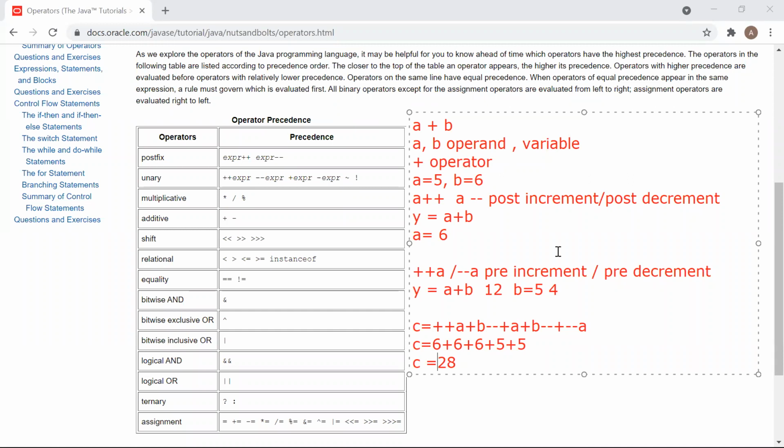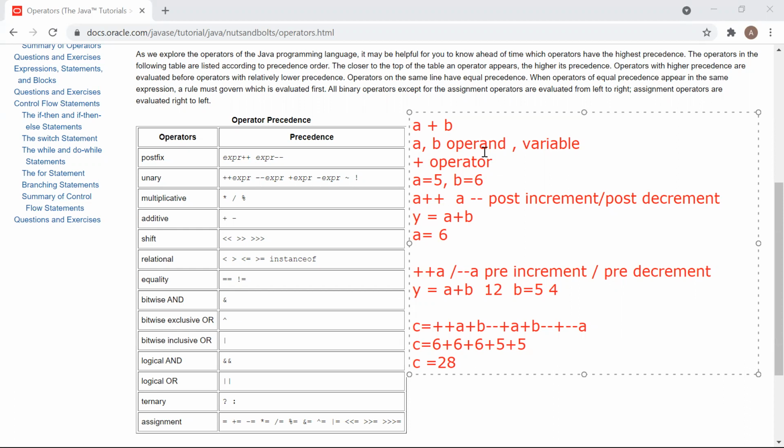If you are not clear, please ask the question based on this, because this is the most important topic in terms of GATE, in your interview and in higher studies also. For computer science exams, they are going to ask you based on increment and decrement expressions, how you're going to get the value. Okay. So let's start with the equality operator.